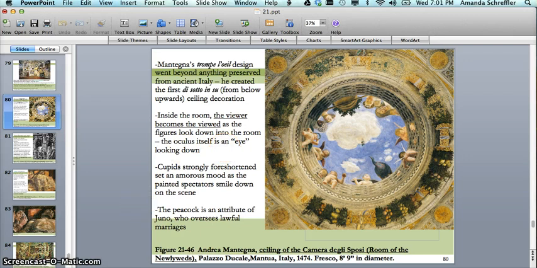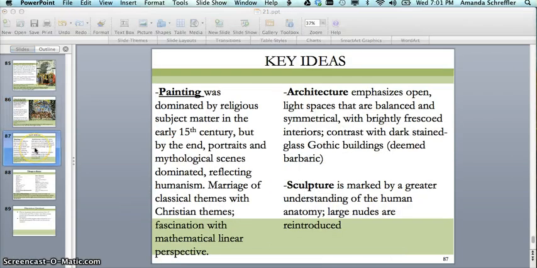So just make sure you know his name. And I'm basically out of time, girls, so make sure you study this slide. Definitely know